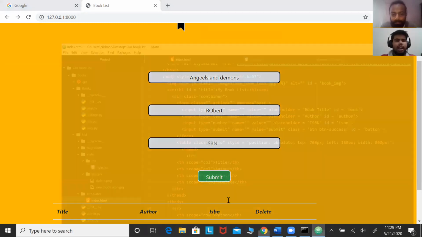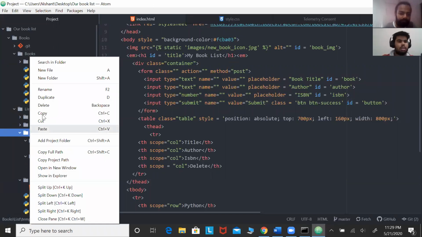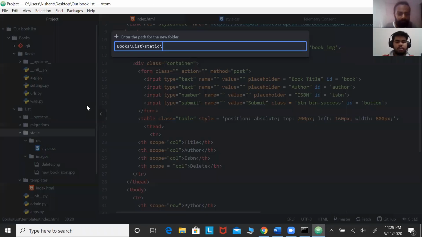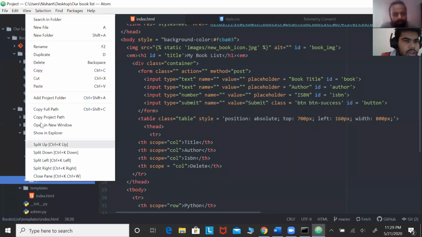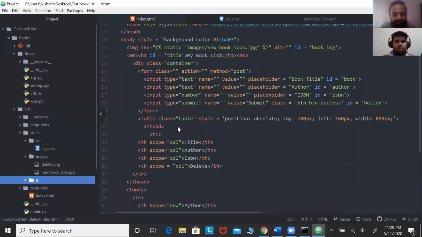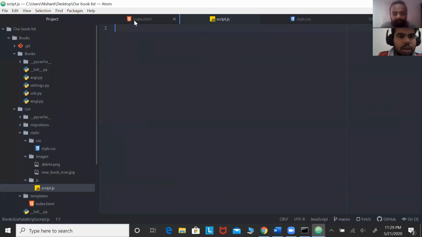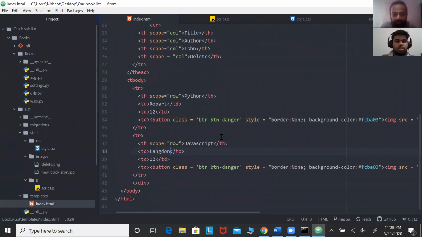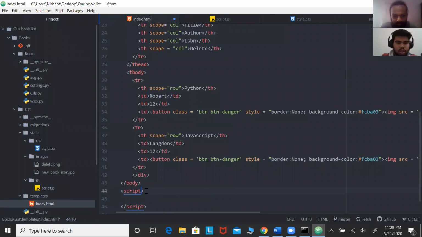So we're gonna be using JavaScript in order to do this. I'm gonna go in my Atom and make a new file over here in the static. I'm gonna make a new folder and let's say JS. Enter over here, and I'm gonna make a new file, and the name of our file will be script.js. And I'm gonna connect my HTML with JavaScript. I can do that by typing script, and I'm gonna say source equals double quotation,